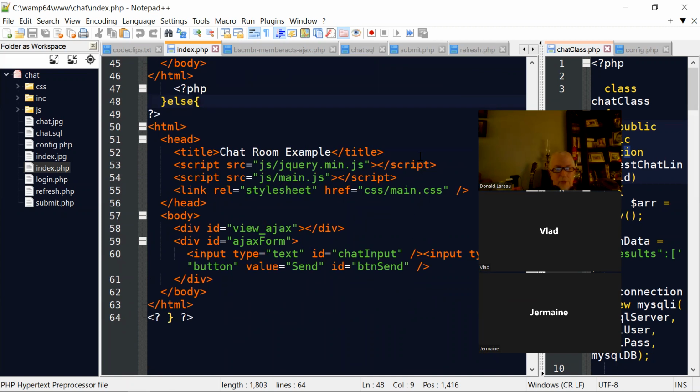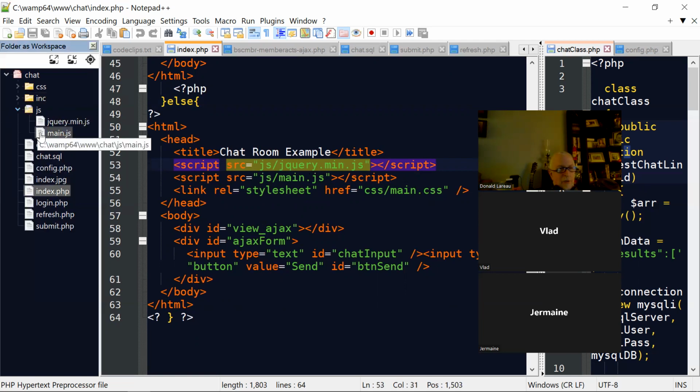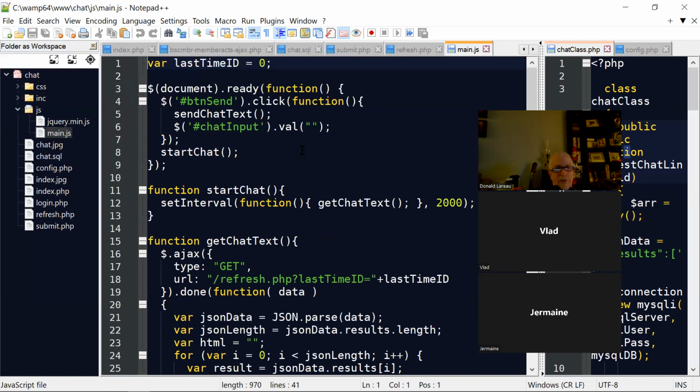And this comes through and it says to load jQuery and to load main.js. Those are two JavaScripts that are running. And that's what allows the send button to do its magic. So if we look at, in the JS folder, if we look at main.js, this adds